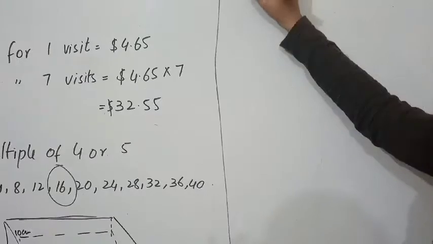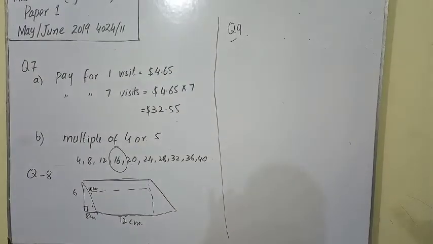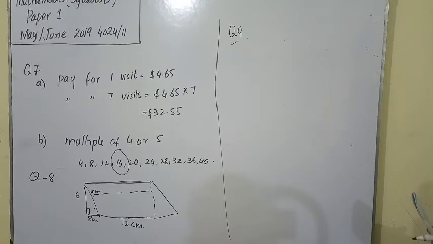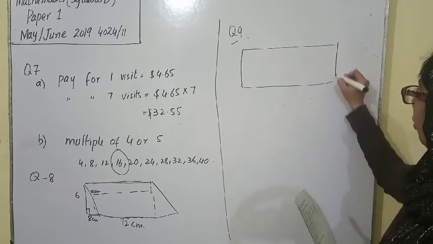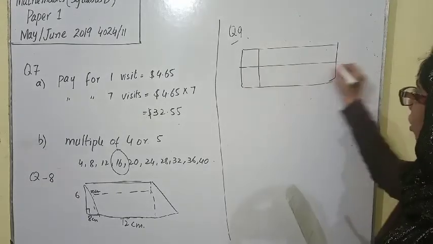So I am going to explain you question number 9. In question number 9, the statement is, the students in a school each choose a piece of fruit to eat with their lunch. They can choose from either an apple, a banana, or an orange. On Monday, they record the fruit chosen by 30 of her classmates. So their choices are given below. Now we have to complete the frequency table for the data. So a table is given that we have to complete. I am going to draw the table first, then I will tell you how we can calculate the values.